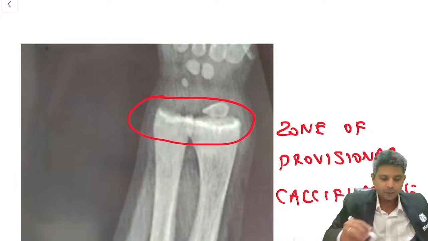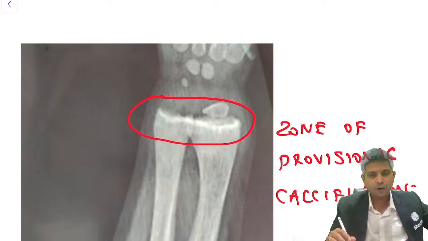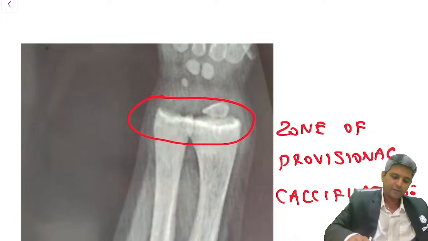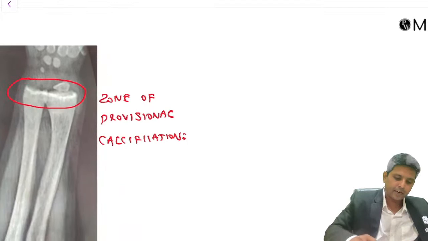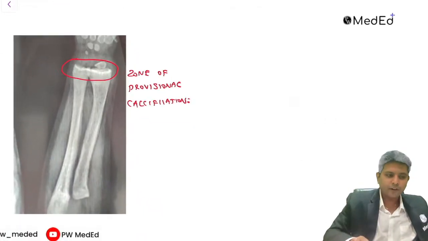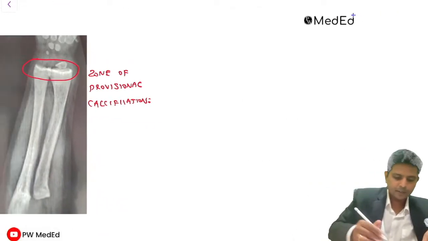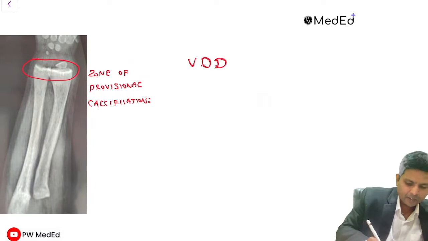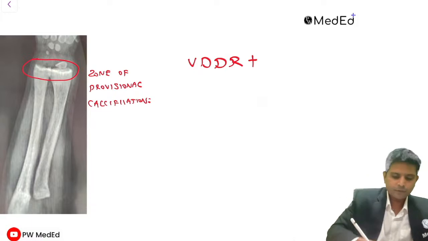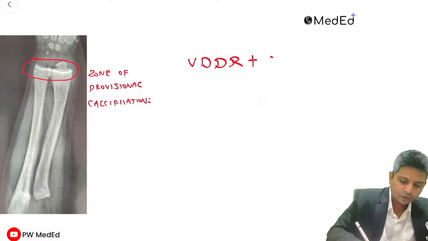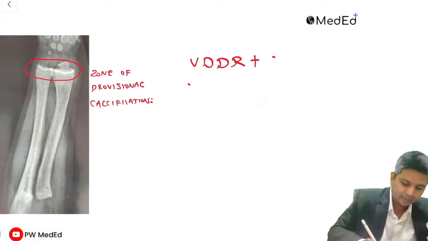You will get this zone of provisional calcification, and this is the treatment for nutritional rickets. Again, what is the treatment for VDDR type 1? You need to give activated vitamin D,